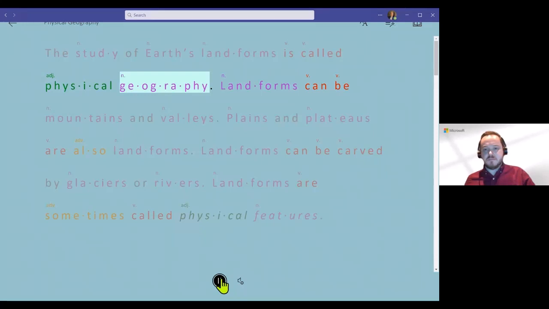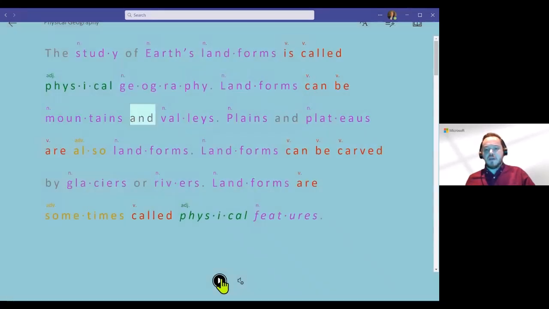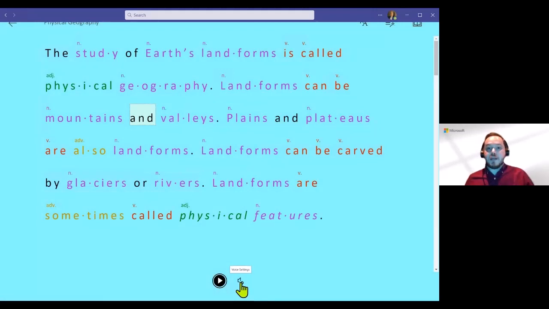Geography. Landforms can be mountains and